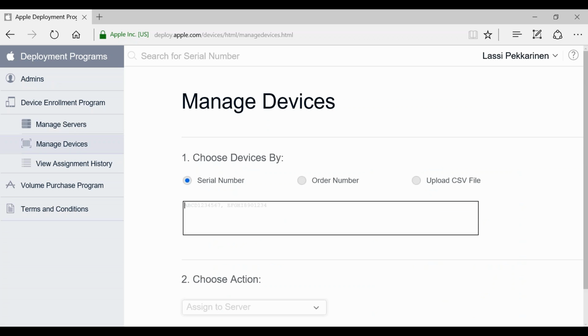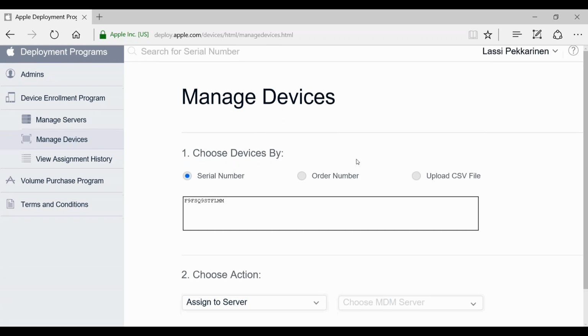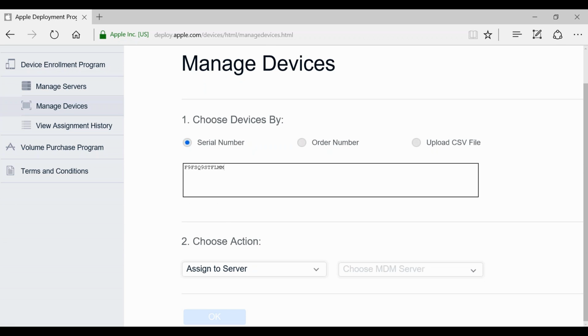I have the serial number of the device I'm using in this demonstration here, so I will just copy and paste it here. You can have, for example, a CSV file which includes all those devices if you have purchased a lot of devices in advance, so it's easy to manage those in this DEP portal.